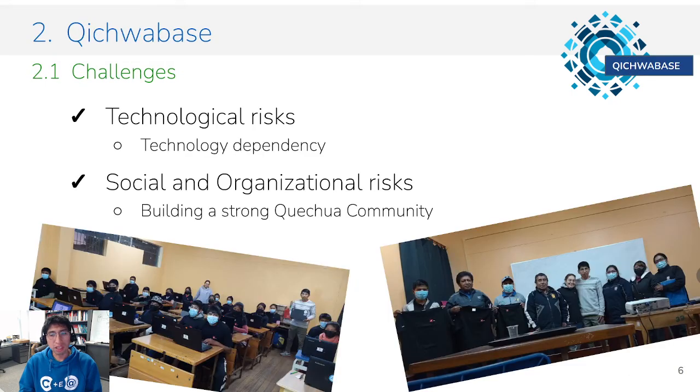Of course, there are some challenges, and at the beginning we thought, okay, we probably are depending on Wikibase because they provide us all the technology around. But we realized that they have a lot of documentation, a lot of channels where we can look for support, and they also provide a lot of information on how to do this, how to do that. So it's a very big community to trust.